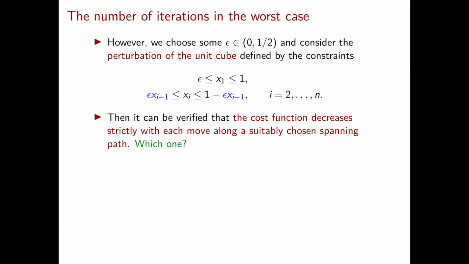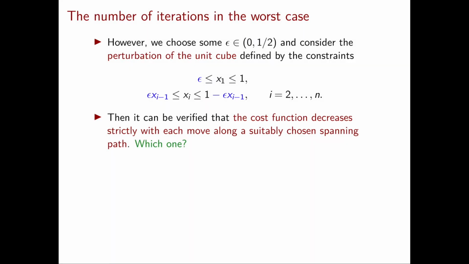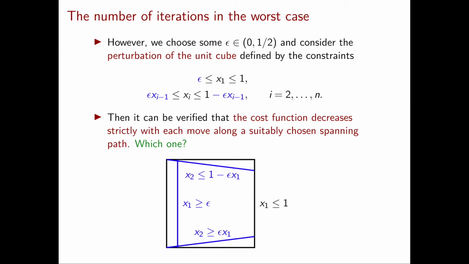To gain an intuition on this system of linear inequalities, we should actually set epsilon equal to 0 for a moment. If you do so, you immediately see that we obtain exactly our old unit cube. In fact, the epsilon becomes 0, this becomes 0, and this becomes 0, so we obtain xi between 0 and 1 for every i. So it's clear that by making epsilon positive but very small, we obtain a perturbation of the unit cube. Still, we don't really have a geometric intuition of what's going on, so to understand a little better, let's visualize this perturbed cube in dimension 2.